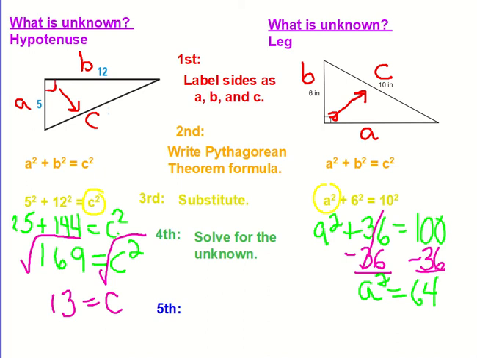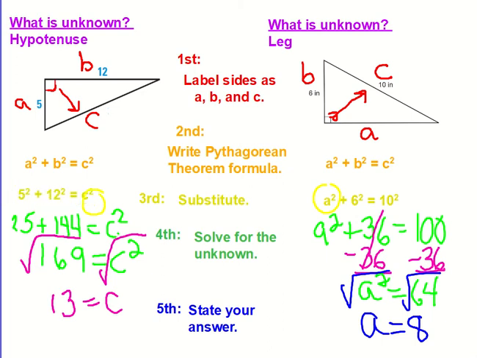Now we're ready to take our square root. The square root of 64 is 8. So in this example, the answer is 8. Here it's 13. So how these two problems differ is that for this problem, we added these squares together in